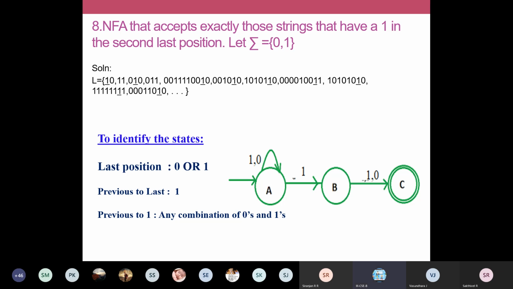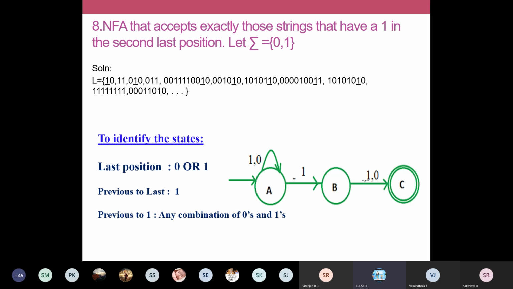In the beginning, for all combinations, we have made a self loop, is it not? So in an NFA, from state A, for input symbol 1, you are having 2 transitions. From A to A, you are having 1 transition, and from A to B, you are having a transition for the symbol 1. So for symbol 1, you are having 2 transitions. And in C also, we didn't bother about the possible transitions out of C. So C, 0 and C, 1, we are not defining here.